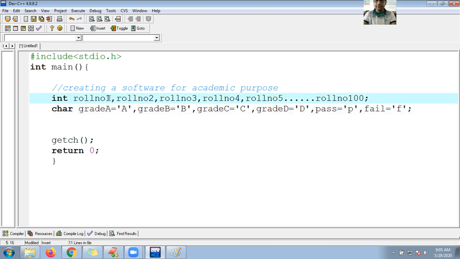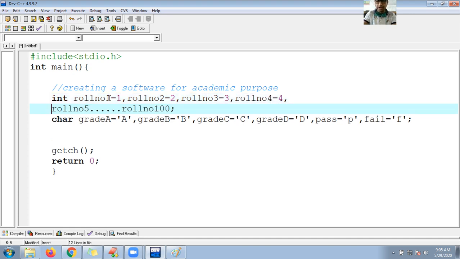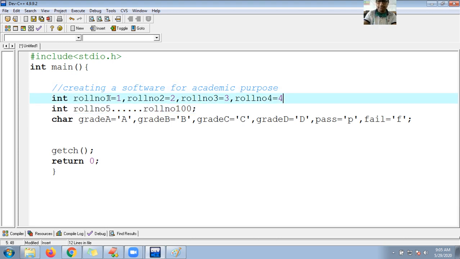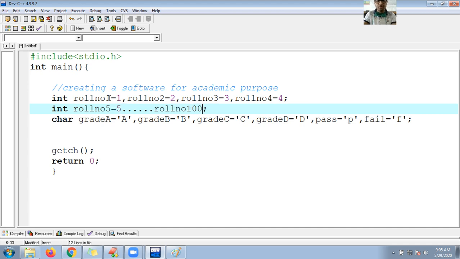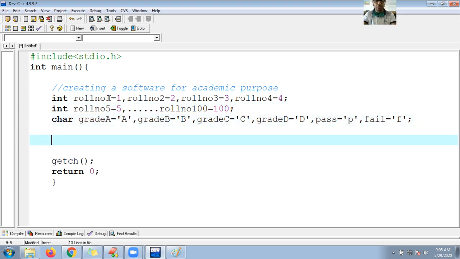Suppose there are 100 different roll numbers. So roll number 1, then roll number 2, then roll number 3, then roll number 4, and let me go for new lines, otherwise integer, and here a semicolon, roll number 5, like this. I need to go for 100 different variables and 100 different roll numbers, and I can process the logic.